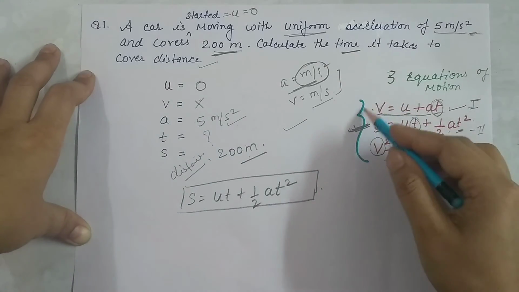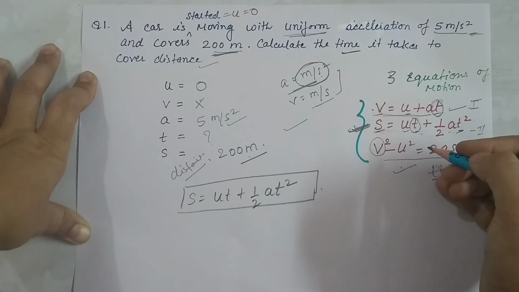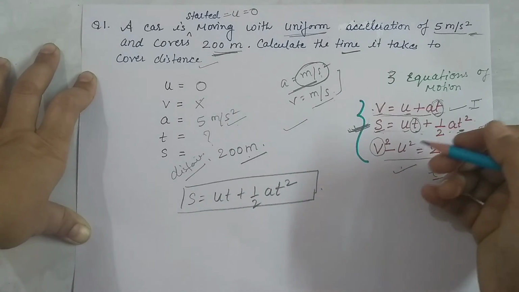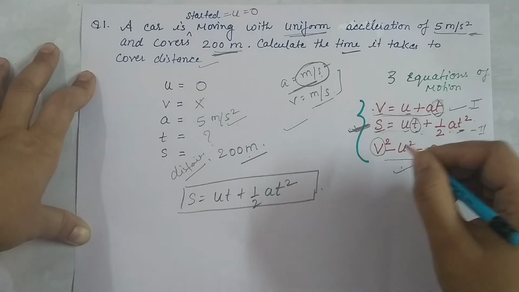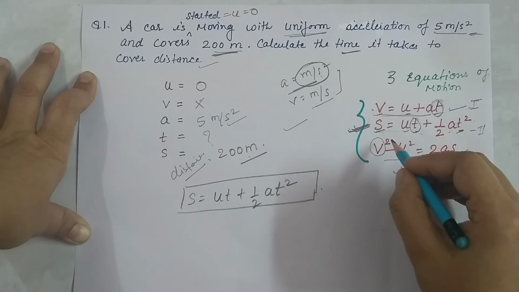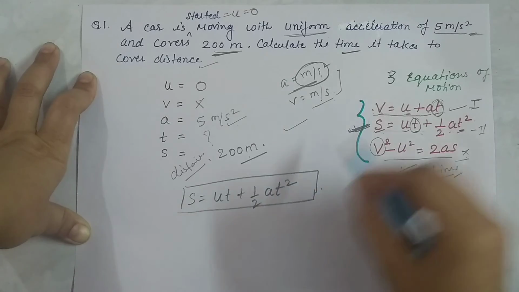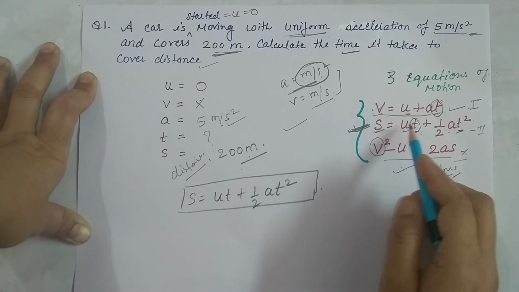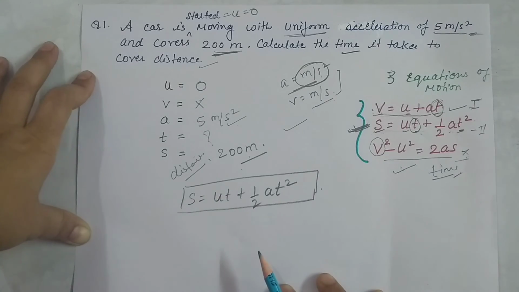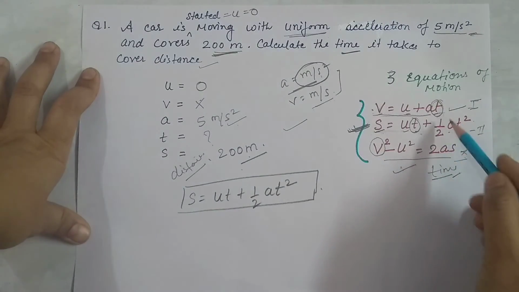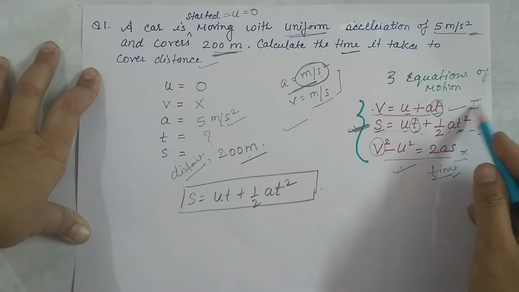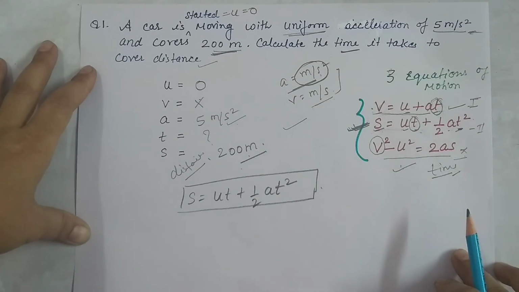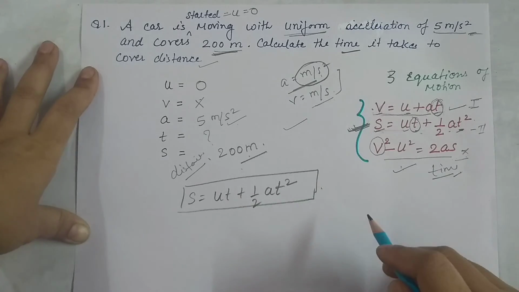So basically all these equations are interrelated. You can use these equations according to the questions, but you have to find which one is the suitable equation for finding the things. First write what is given, and then find out which one is most suitable for solving the problem. So these are the three most important equations, the three equations of motion, and in this way we can apply whichever is suitable.